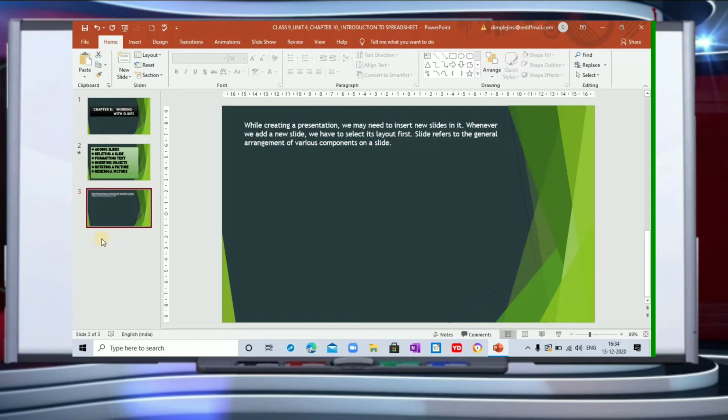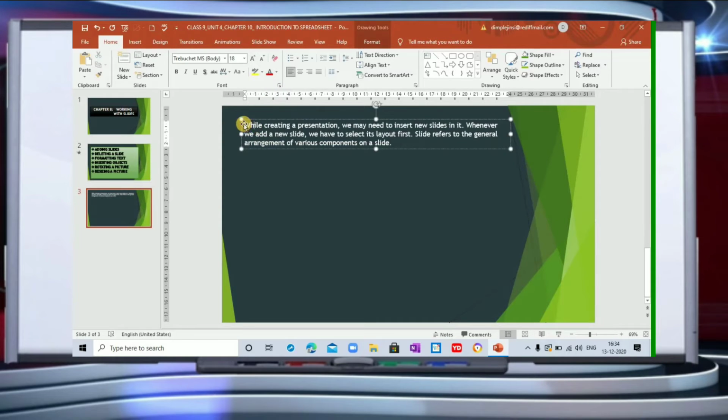Now coming to the most important part, that is formatting text in a presentation. If you see, I have just typed some text here in this slide, and if I want to format, I'm sure you know already what formatting means, because we have done it in Word also. We have been doing it in the previous chapters, how to format text. Formatting text can draw the attention of your audience to specific parts of a presentation and emphasize important information. Similar to Word, PowerPoint also provides several formatting features to beautify the text on a slide. So let us understand this.